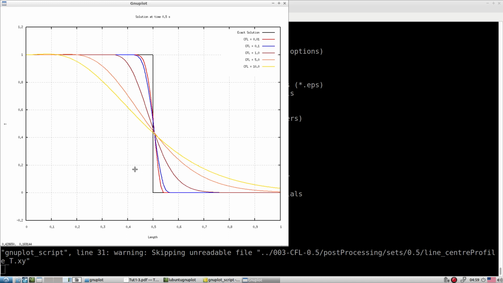mesh size. So I suggest you also perform the similar type of the case for, let's say, fix the CFL equal to 0.1 or 0.01 and change the mesh size. Okay, so when you are changing the mesh size, what is going to happen, accordingly you have to also tune the delta t, don't forget that. Okay, so CFL is the link between your mesh as well as your delta t.